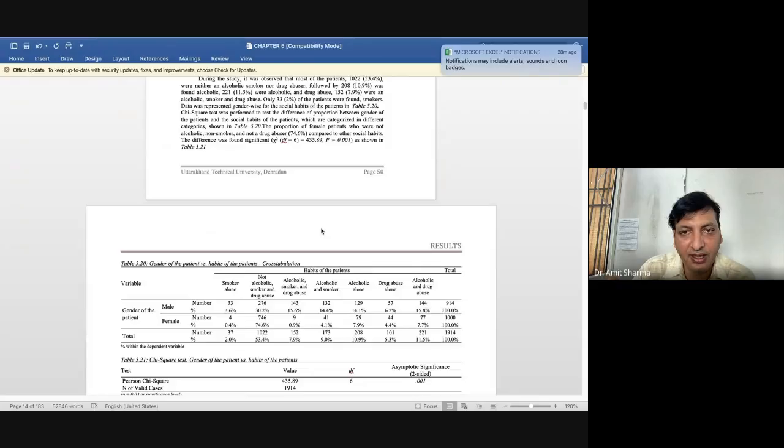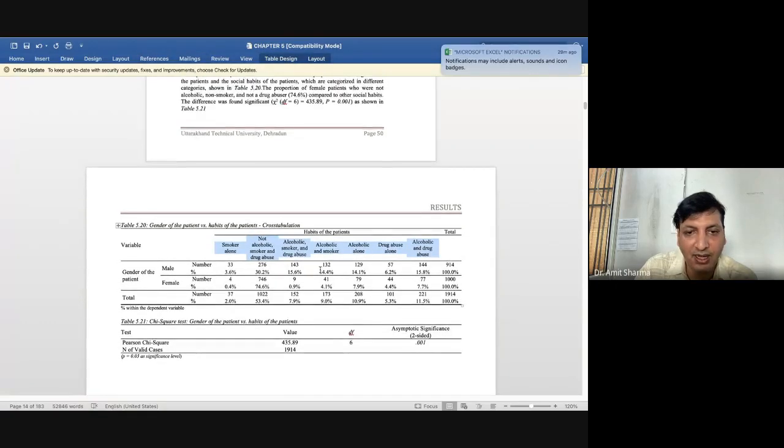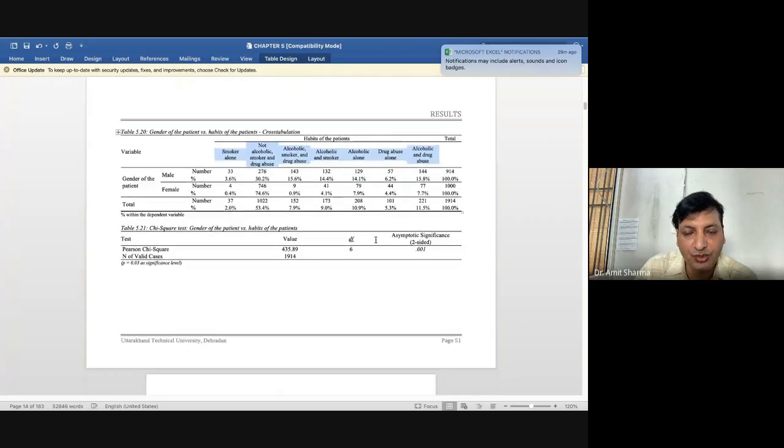And you can see one more difference, that I have added a landscape page in the running Word file. Whenever you have a big table where you want to show multiple things together, the table should be added in landscape mode of the Word file. And again, you can switch back to the vertical mode.